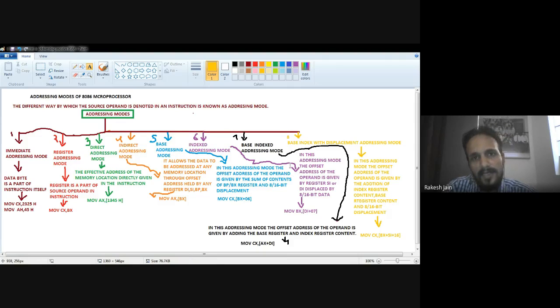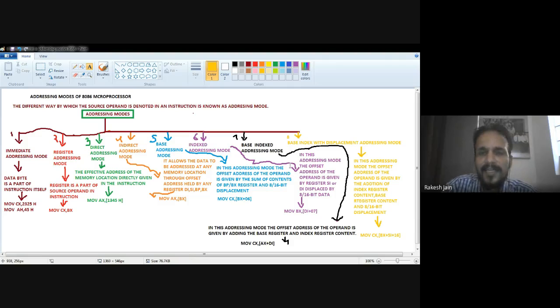If the transfer of data occurs from register to register, or a register plays the vital role as operand, then that is known as register addressing mode, like the example MOV CX, BX. The content of general purpose register BX will move into general purpose register CX. The source is a register and the destination is a register. That's why this is register addressing mode.